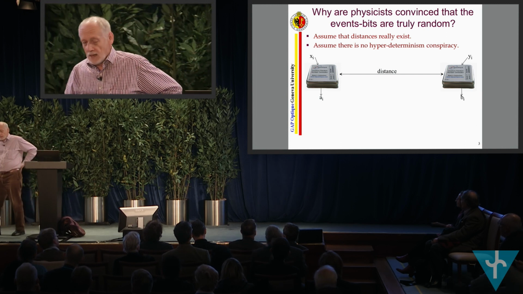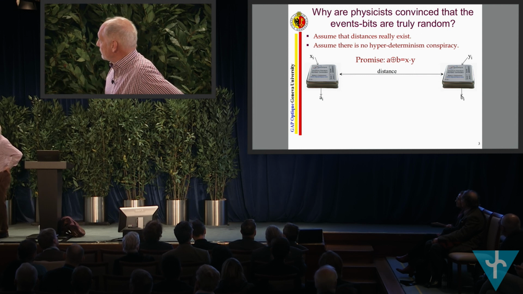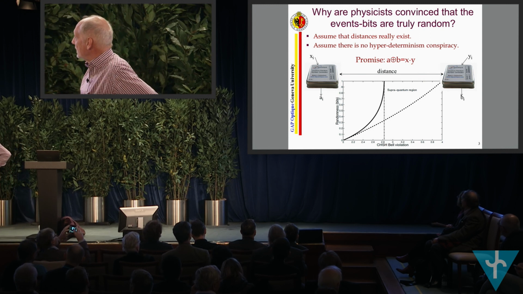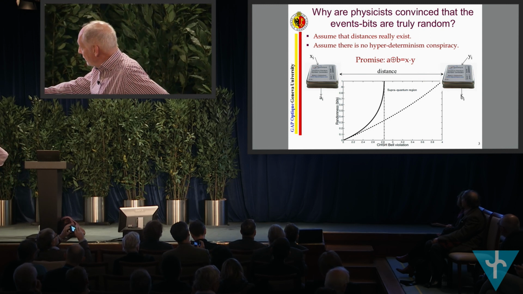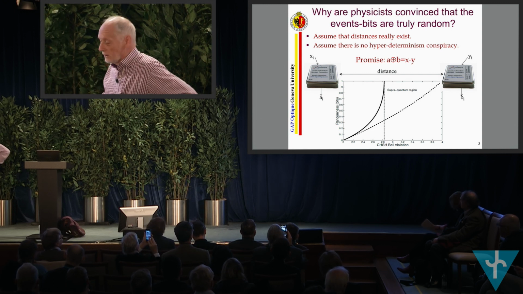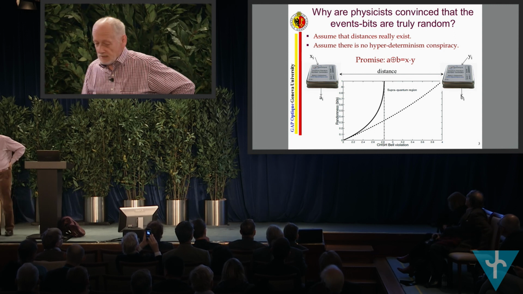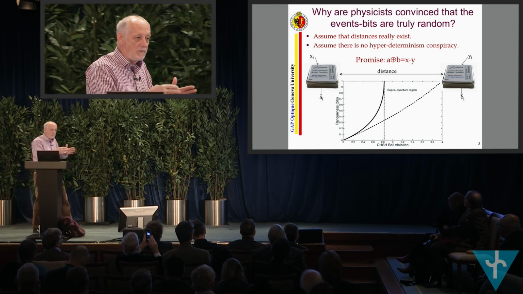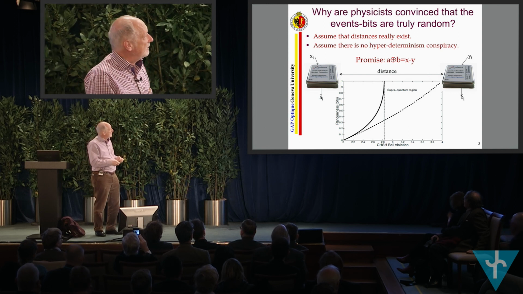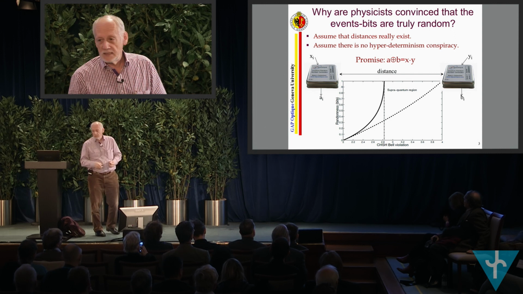and assuming, but the last one is something you can measure, that you get some promise about the relations between the inputs and the outputs, then you can violate the famous CHSH inequality. And depending on the amount of violation you get, and depending whether you are just in a quantum regime or in the superquantum regime with these PR boxes, you get some randomness. So randomness is really something that comes out of these very, very mild assumptions. Distance exists, no deterministic conspiracy, and the observation that you get that with a high enough probability, then you get